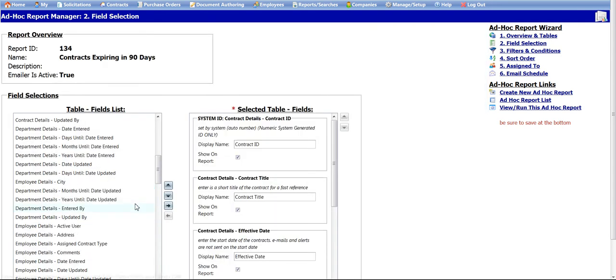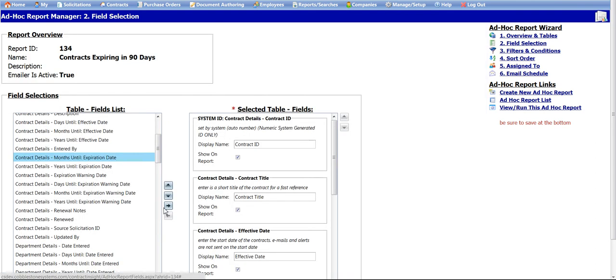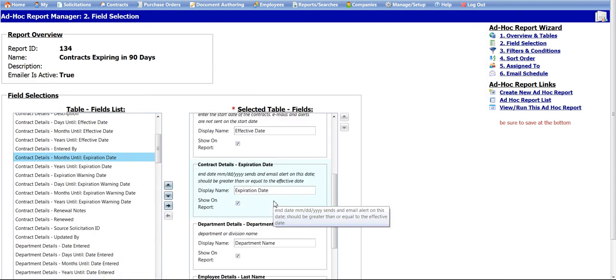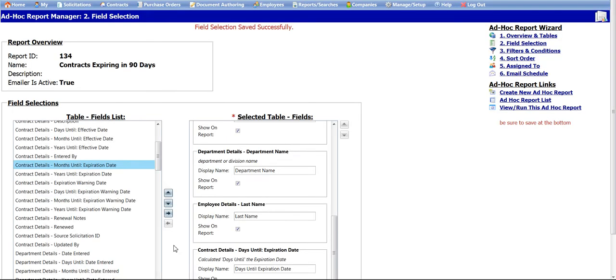For this report, we have named it Contracts Expiring in 90 Days, so we will need to add the Days Until Expiration Date field to our field selected list. This way, we can specify in the filters and conditions that we would like to only display contracts expiring in the next 90 days. Once we have added the Days Until Expiration Date field, we can then select that we would not like for it to be displayed in our report by unchecking the Display on Report checkbox. Once you have selected the necessary fields for your ad hoc report, click the Save Field Selection button at the